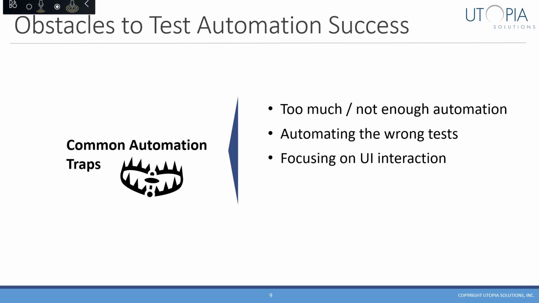And this is a huge one: focusing only on UI tests. And I think, again, a lot of us got our start in automation, and we're comfortable with doing it at the UI level, right? That's kind of where this whole process got started. But even when done correctly, these tests are the slowest, most unreliable type of automation that there is. I'm not saying we shouldn't have automation at the UI level, but I'm saying if 100% of your automation is at that level, especially if there are API service layers involved, that's probably going to be a problem at some point.